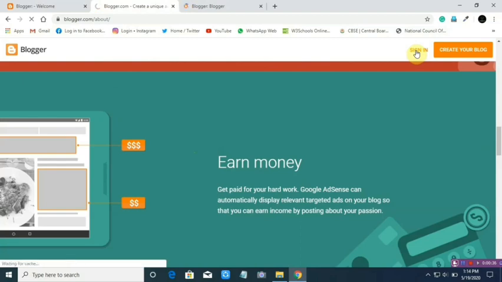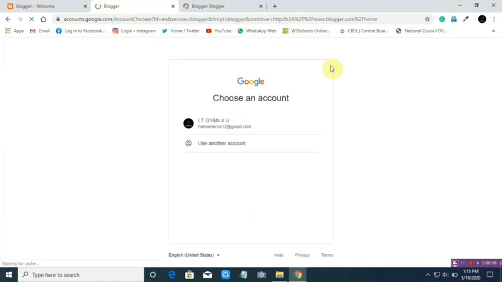Click on sign in, and if your desktop or laptop is already signed in with your Gmail account, it will directly go to that page and ask whether you want to open blogger.com with your Gmail account.